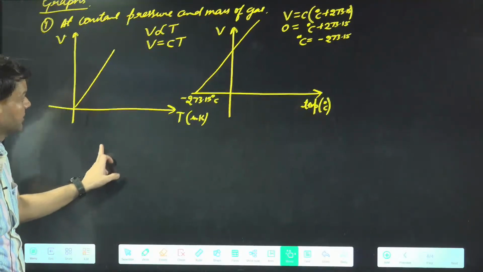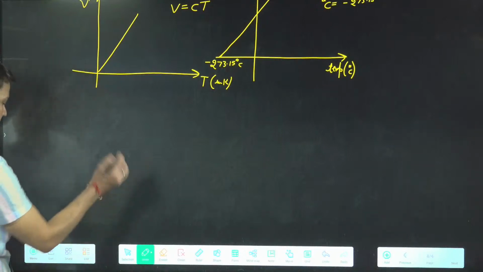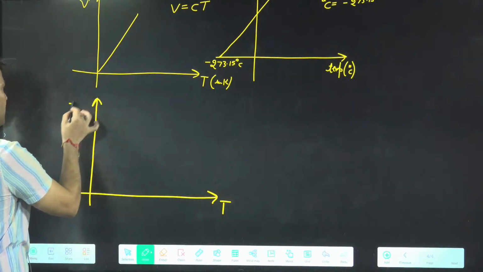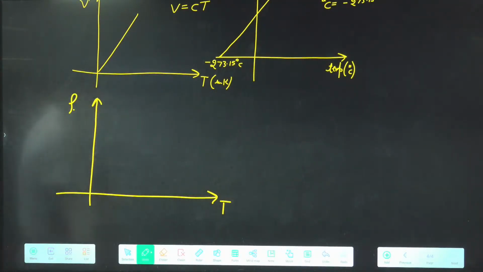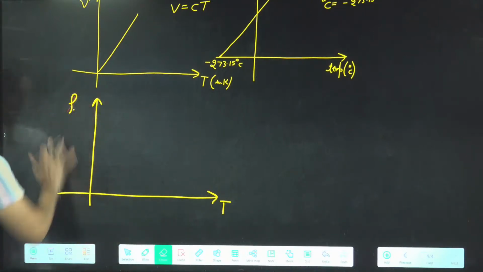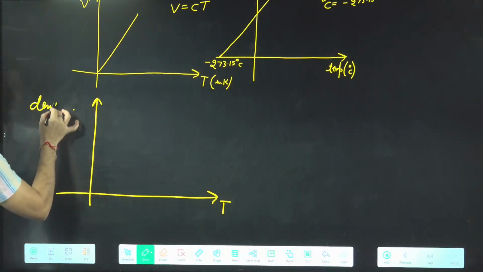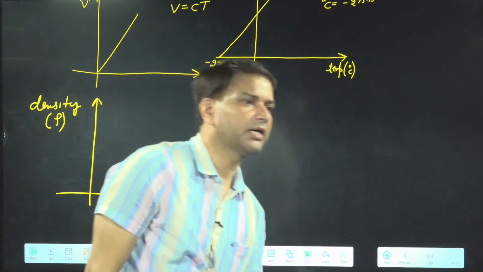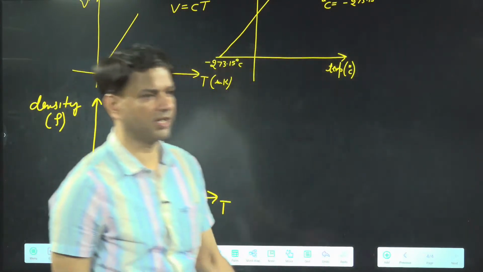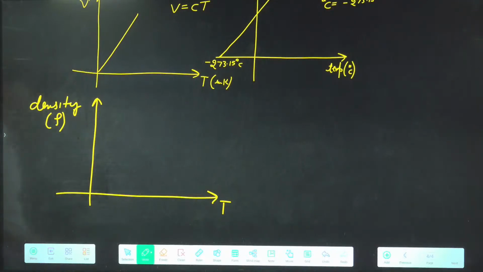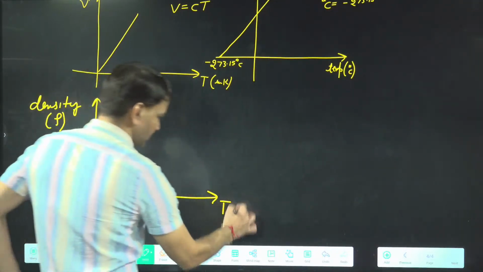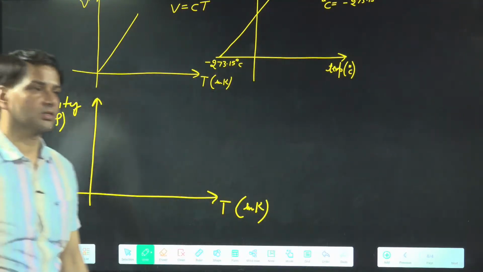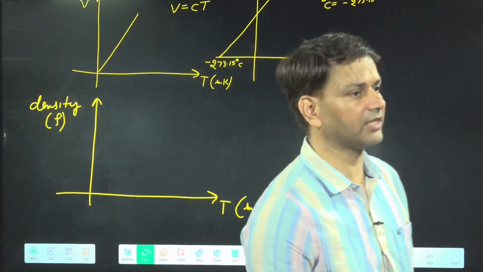So for the same condition, I need this graph. Rho and T, the density and temperature graph. What will be the graph you will get? For the same condition of pressure and mass, pressure is constant, mass is constant. What will be the graph between the density and the absolute temperature? Rectangular hyperbola. Why? Because at constant pressure and mass,